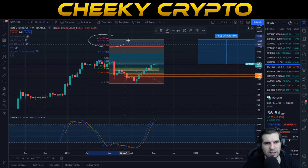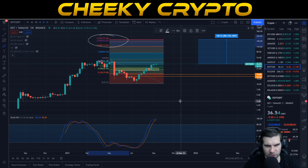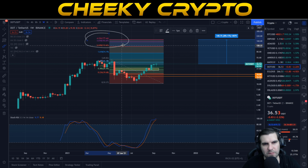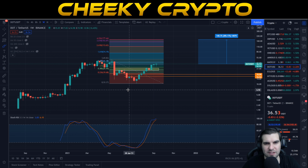Now, currently, we are looking at a 4.236 extension of $177. This represents 385% from the current position. This should be a target that we should all have in mind and something that is relatively quite easy for Polkadot to do, as we have seen Solana do some very similar moves not too recently. Obviously, we are looking to try to get above the 786, and we're going to get into the smaller timeframes to review whether or not that's likely to happen soon, or we're going to have a